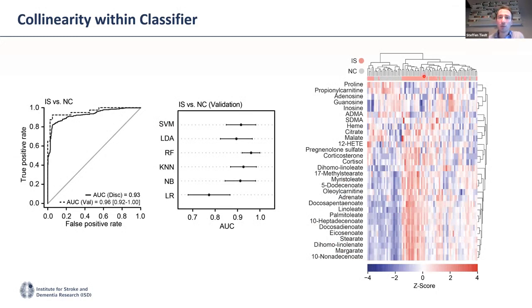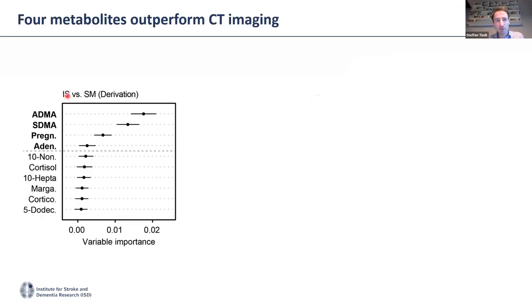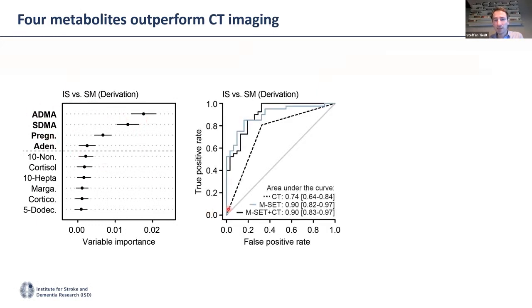So we wondered, how can we identify the most important metabolites for our diagnostic question? So differentiating ischemic stroke patients from stroke mimics. And we here used a variable importance analysis using random forest regression, and it identified ADMA, so asymmetric dimethylarginine, symmetric dimethylarginine, pregnenolone sulfate, and adenosine to be the most important predictors, or let's say parameters, in this model. So we restricted the model to these 4 metabolites, and indeed, again, we got an AUC that was obviously